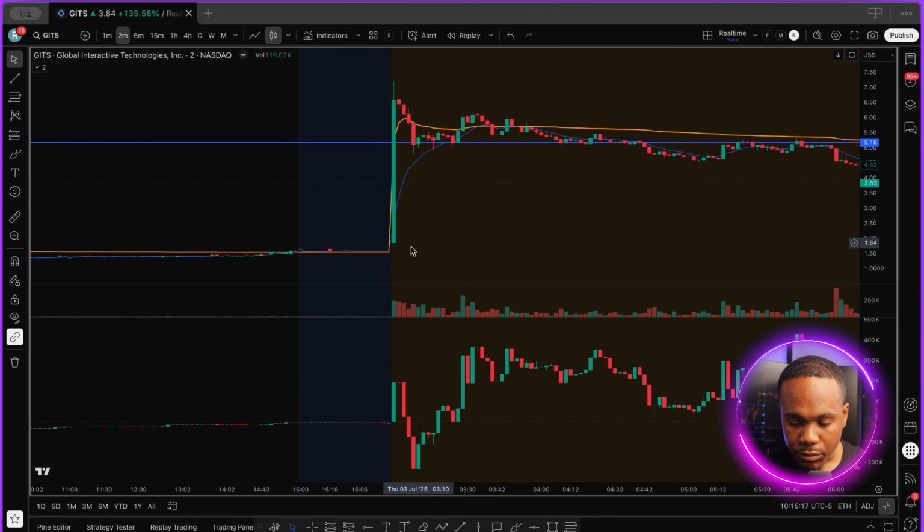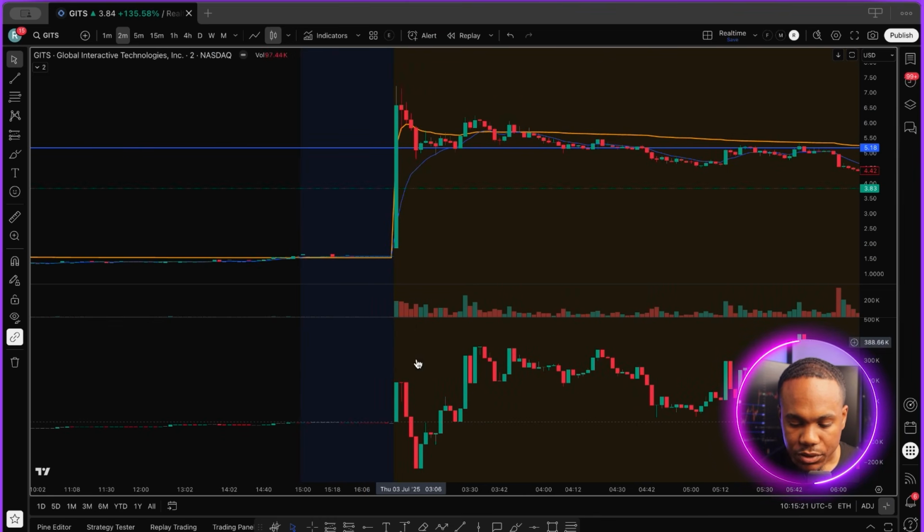In this case, price blasted up with a massive bullish candle. And look at what happens though. So you have buying aggression here, it's above zero. But as price pulls back here, what do we see? We see that the selling aggression has now taken over the buying aggression. The delta is below zero.